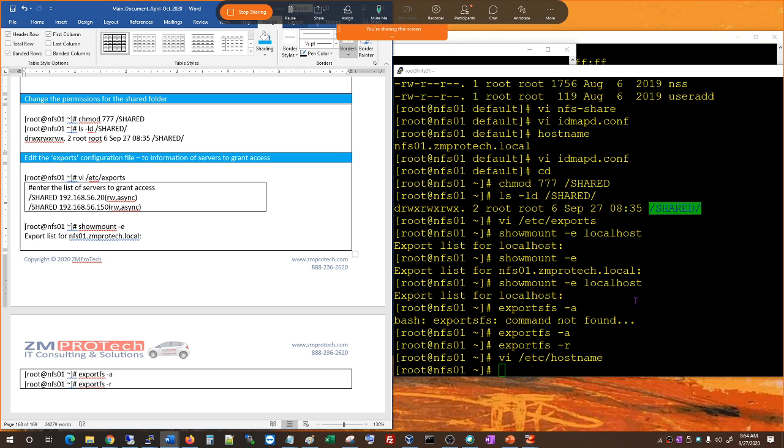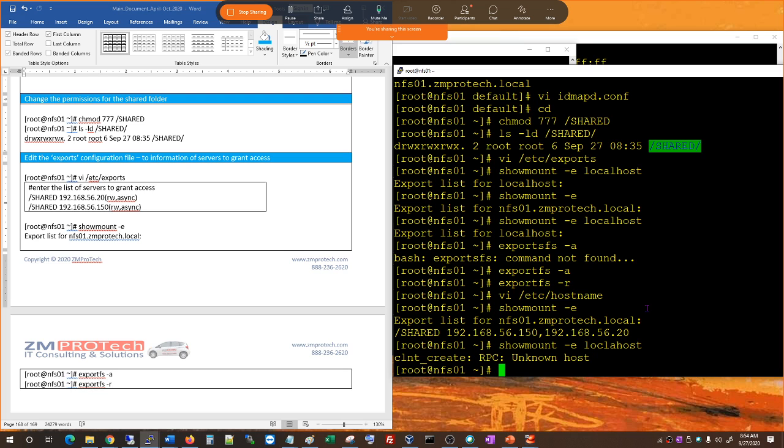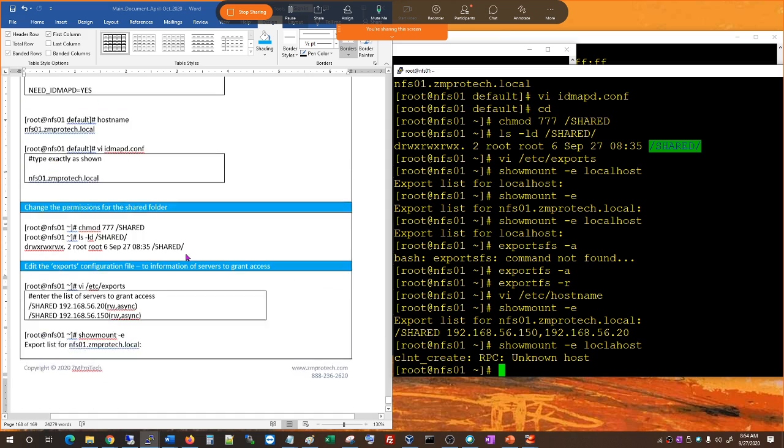Let's see here, showmount. Okay, good. This is what it's supposed to show. showmount localhost. Okay, we'll come back to this here. So before that,